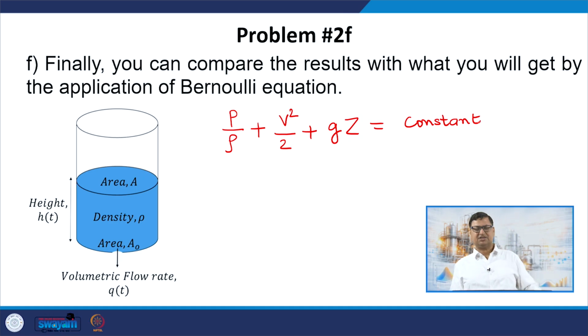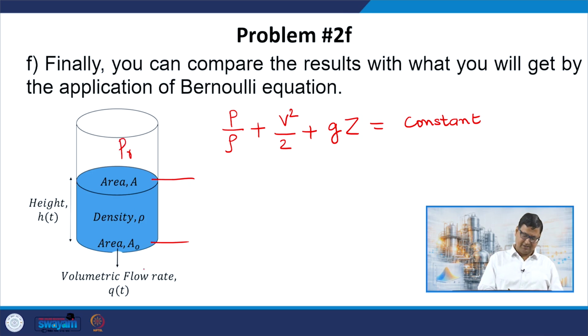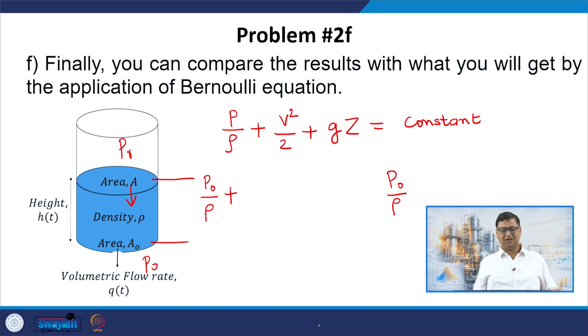I am not assuming any viscous terms and things like that, the standard Bernoulli equation. And now I will apply it between this point and this point, the top and bottom of the tank. I am assuming the tank is open, so pressure is the same here and here. So the pressure term will be the same, P naught by rho on this side, P naught by rho on the other side. I already have said that the velocity of this can be assumed to be 0 by the continuity assumption,